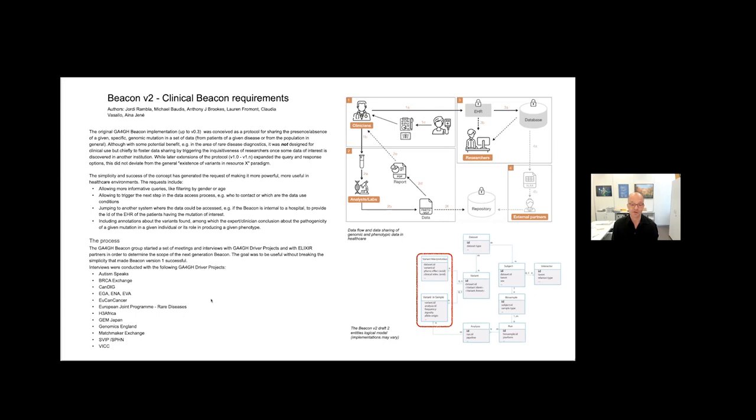There was, for instance, a bit of confusion if you talk about aggregated variant data, annotated variant data, variant evidence, or if you talk about sample variants, that is, single observations, for instance, in a patient. And lots of stakeholders were involved here: BRCA Exchange, Autism Speaks, GEM Japan, SWIP, and so on.